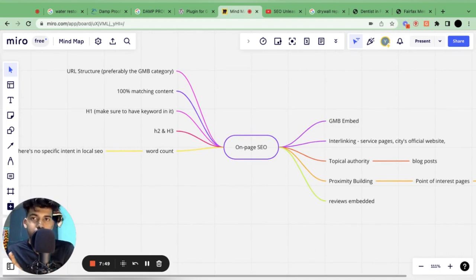Let me quickly give you an example. When people search for dentist Fairfax, they're not having a particular intent. They are searching it because they want to find a dentist, right? And they don't want to know particular information about the dentist. No, they don't have to, right? They're just looking for information about a good dentist so they can book a consultation,